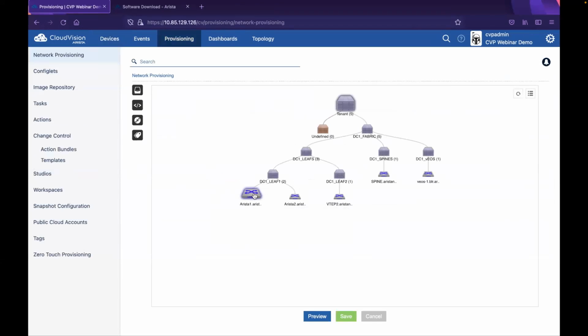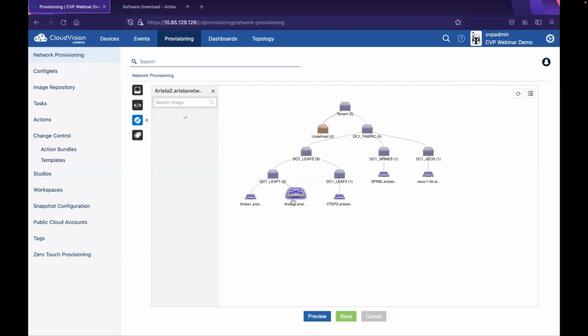So in this case, I've already done an image bundle mapping on the container level. So you can see there is a very small container icon next to the image name, which means that image was inherited from a parent container. If we compare that to the spine device that we just upgraded, you can see there is no container icon, which means it was directly assigned to the device. So here we can see the image bundle is applied at the container level.